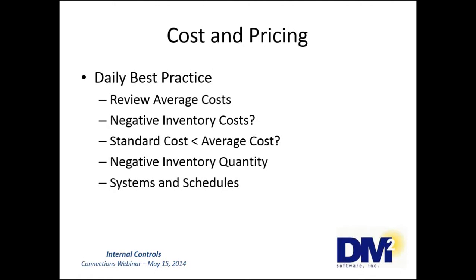If a new customer hasn't had pricing set up, the default is going to be the standard price. So we want to make sure that our standard price is also accurate or passes a sniff test relative to our average cost. Also look for negative unit costs and negative quantities on hand. Negative costs and quantities will affect your cost of goods sold and profit margin report, and require credit and rebill to correct those. So I'll give the floor back to Patty.